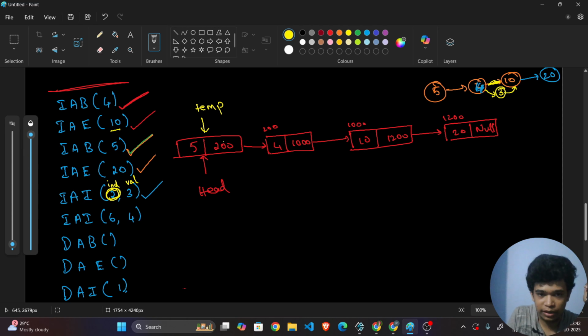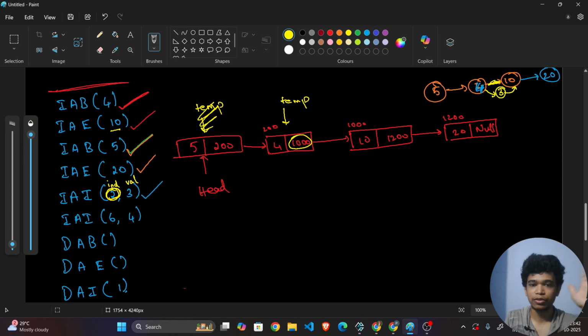So just check whether it has next value. Yes, it has next value. So I will be going one step. So I incremented by only one step. Okay, now stop here. Whether I have any next value? Yes, we have 1000. So what should I do? I'll be taking